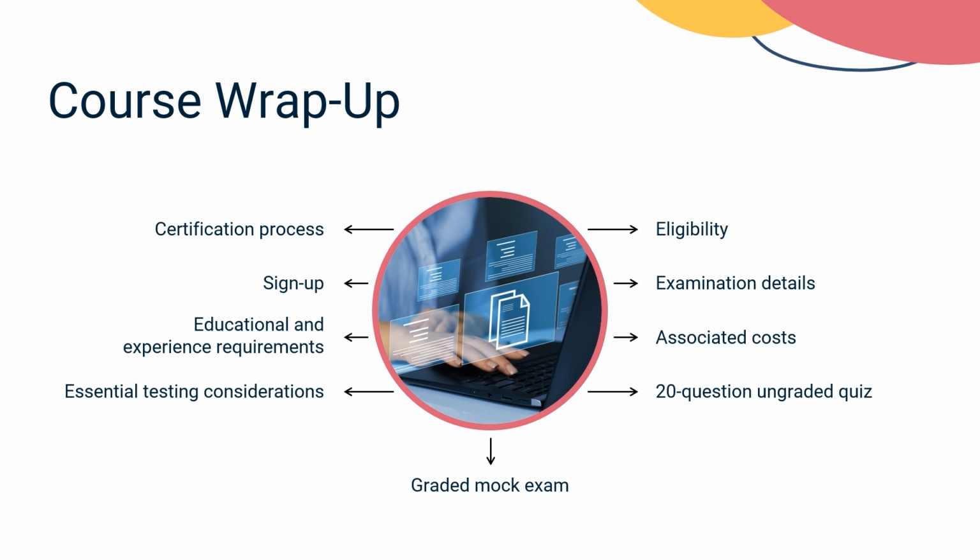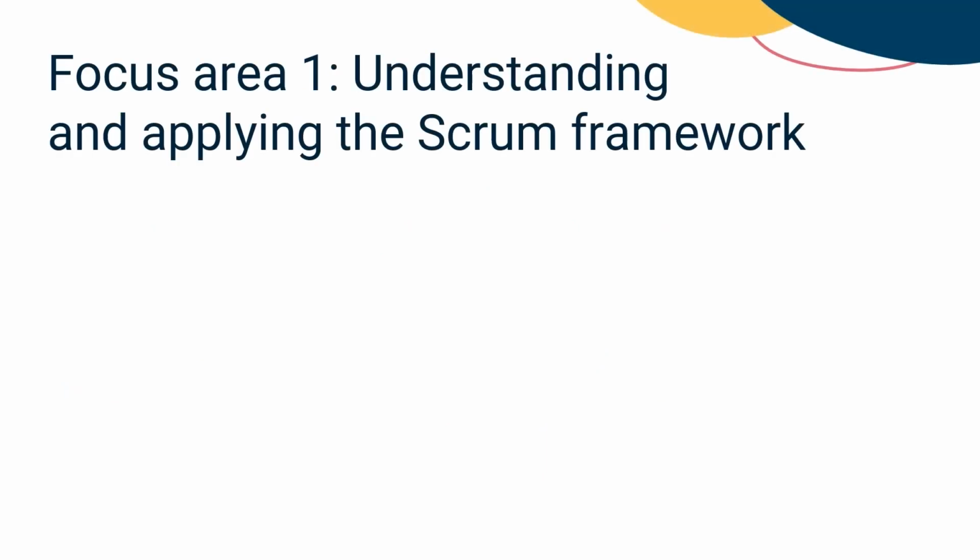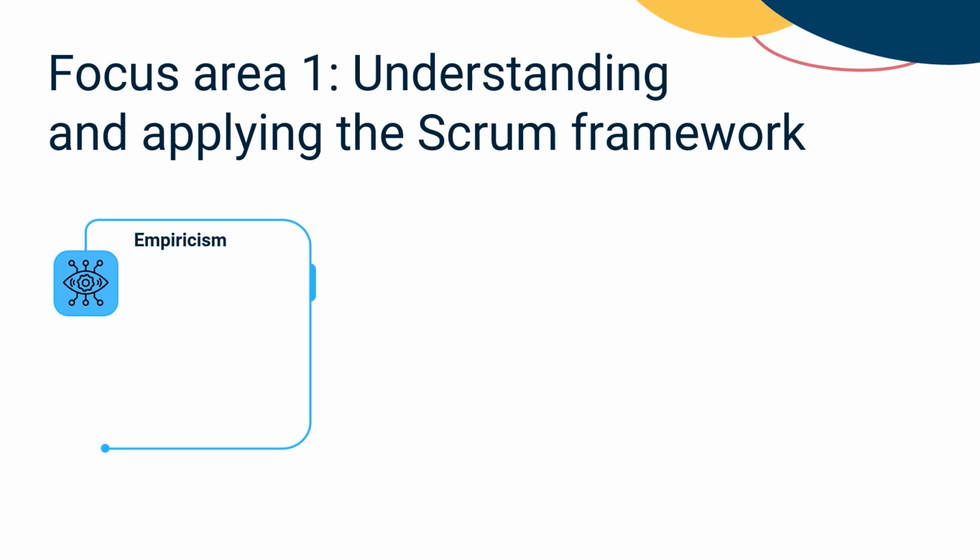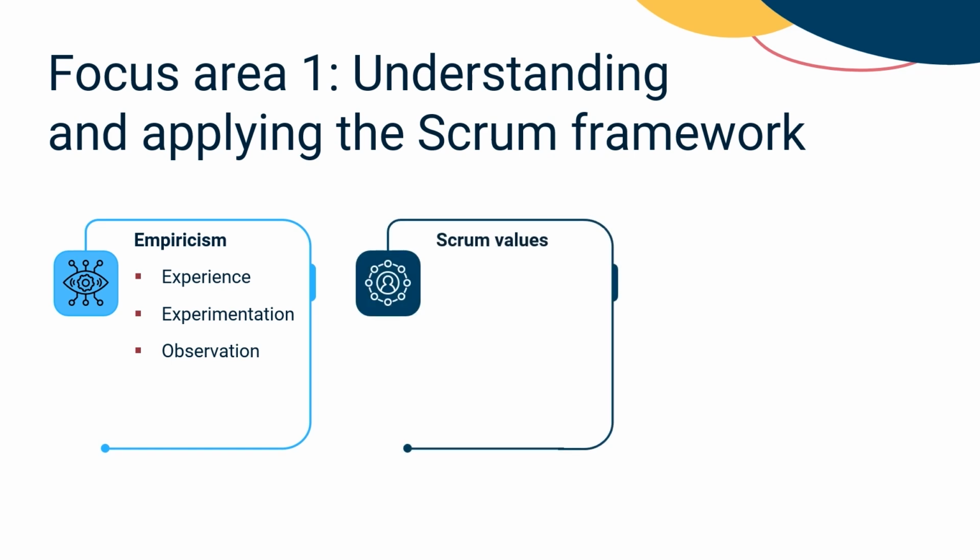Before moving ahead, let's recap the 5 focus areas covered in this course. Let's have a quick look at the first focus area. Empiricism. Understand the philosophy of deriving knowledge through experience, experimentation, and observation. Scrum values. Learn the 5 Scrum values: courage, focus, commitment, respect, and openness, and how they foster collaboration and effectiveness